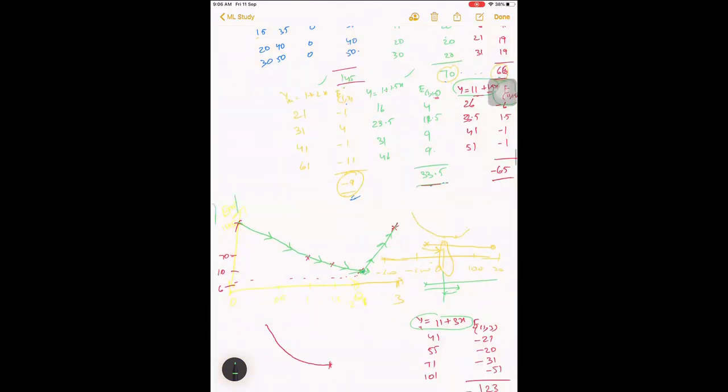And apart from this, you can also set a kind of condition that if your error value is less than some value, you can stop it. Such kinds of conditions you can do. But as of now, for simplicity, I'm going to let it run for 10 iterations, something like that. Okay, let's do that.